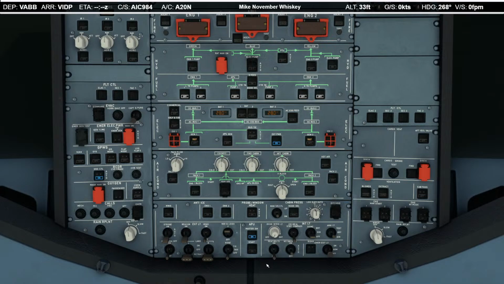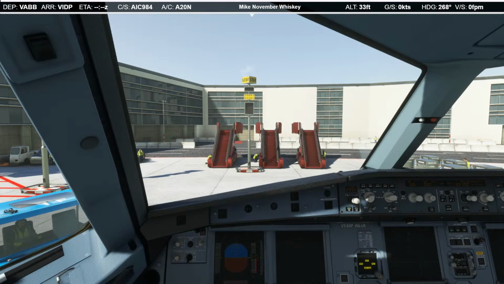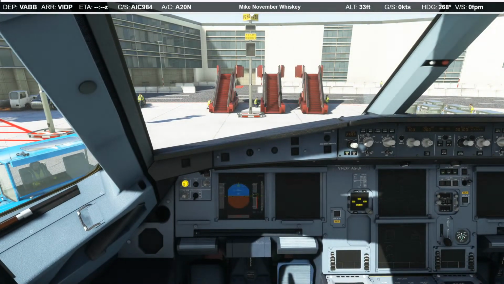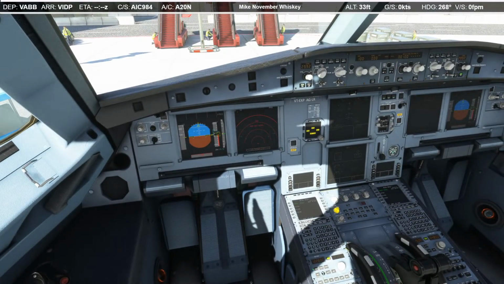1, 2, 3. And we start that APU because that allows us to run the APU bleed to power the pack systems, and that is to help circulate the air in these COVID times while folks are boarding. Let's get some of these lights on. We'll do our initial cockpit preparations, and then we'll get fuel on board and get people on board.